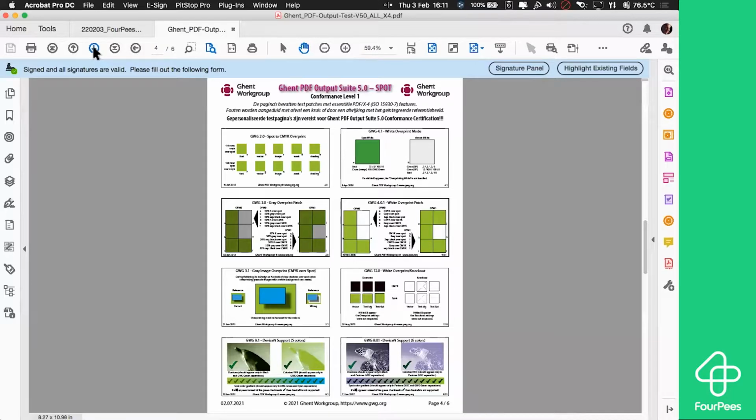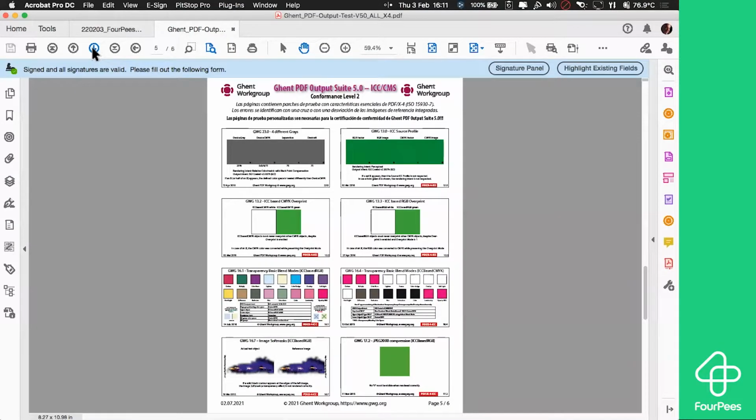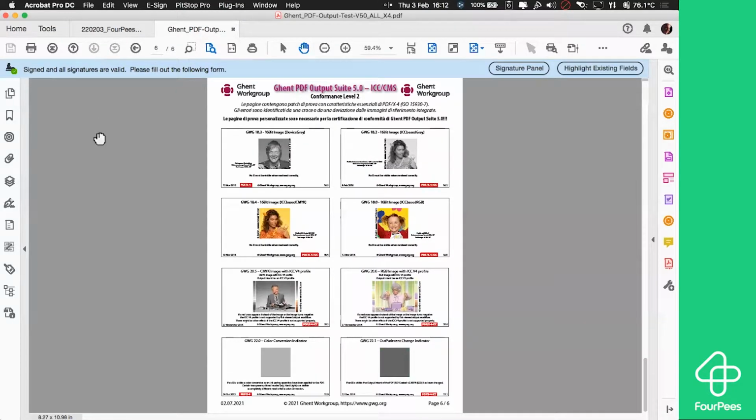And on page 4, we have the spot color related tests, where we also have spot color DeviceN based tests. They sometimes look similar, but one uses spot color, the other doesn't. And here we have the first page which has ICC-based tests. We have overprint of ICC-based color. We have ICC-based transparency objects, and we have ICC-based JPEG 2000. And then we have some 16-bit image tests,